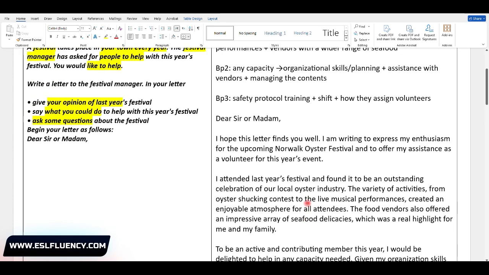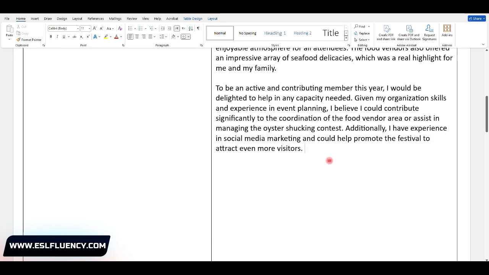So our body paragraph number 2 is also complete. Now our body paragraph number 3: the questions about safety protocols, shifts, and how they assign vendors. I can't write questions like "can you give me". This is a formal letter, so your tone should be formal too. So questions like "could you please" or "I would appreciate it if".